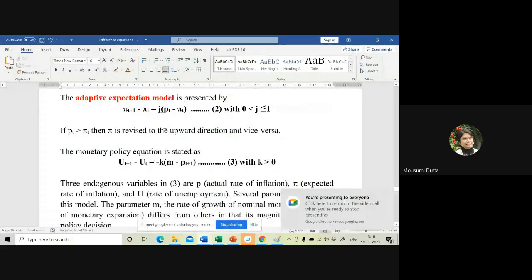So look at this equation. Pi is the expected inflation rate, and P is the actual inflation rate. On the basis of my past experience, I, or the economy, have some expectation about what the inflation rate will be in the Tth period. However, when we look at the actual value of the inflation rate, we find